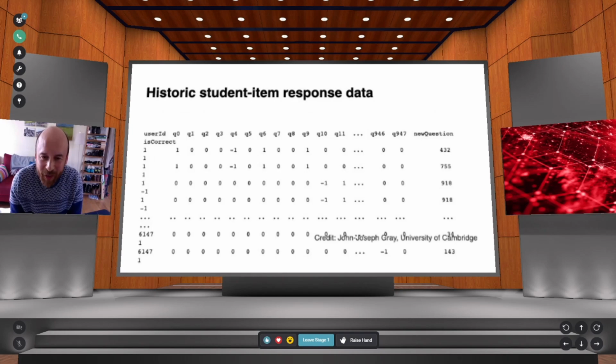This slide has got a bit mangled, but you can roughly get the idea. It's not really something to worry about too much in detail, but essentially we're looking at what student item data will look like in terms of a table view. So you've got different students in the rows and you've got different questions in the columns. And we're saying, right, if we know that student 1 passed question 10, for example, then how do we expect them to do on question 20?